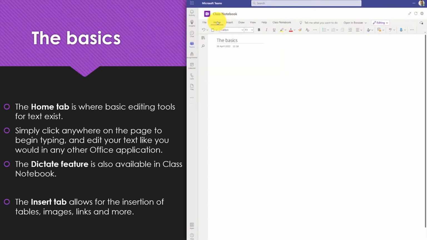The Home tab within Class Notebook is where changes can be made to typed text. Simply select anywhere on the page and begin typing. The process for editing the text is similar to most other Microsoft Office applications. Text can be selected, and things such as font, font size, and basic formatting can be changed using the options